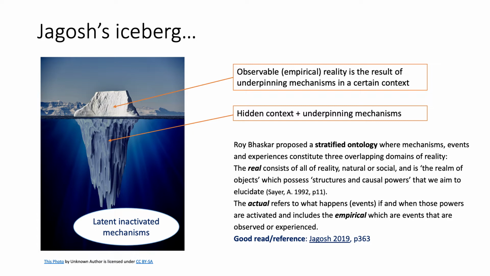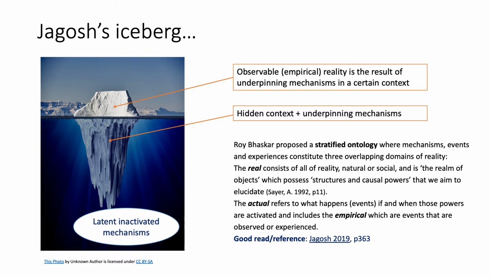Jagosh uses the iceberg metaphor in most of his courses, and you can see that you've got what's below the surface, this hidden context, and underpinning mechanisms that may or may not get activated. What's above the surface is what we observe when we're doing our research, and it's the result of those underpinning mechanisms in a certain context. So how a mechanism is manifested or not is contextually determined. So the same mechanism could produce different outcomes, or different mechanisms may result in the same outcome depending on the